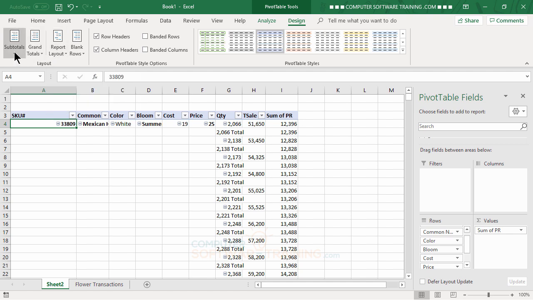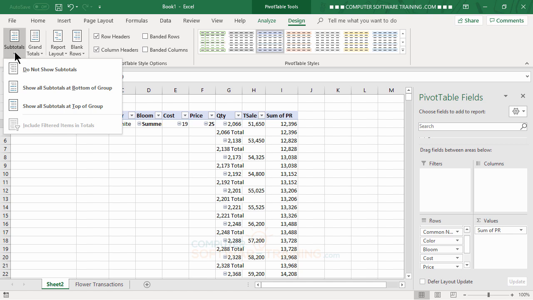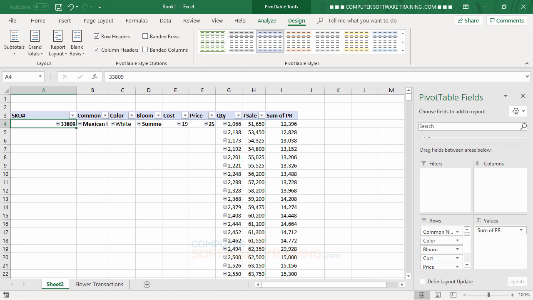I've got the report layout here we just did. So we're going to go here to the subtotals, right? And we're going to tell it that we want no subtotals. We're going to click onto that. And there we go. Now we're almost there, but we have one little thing we need to correct,